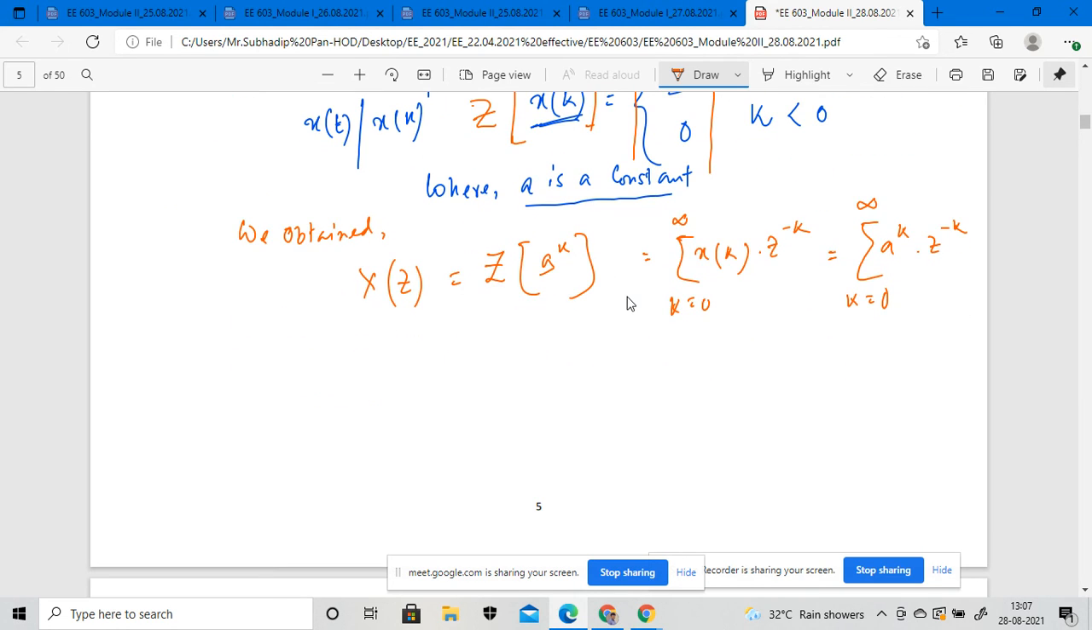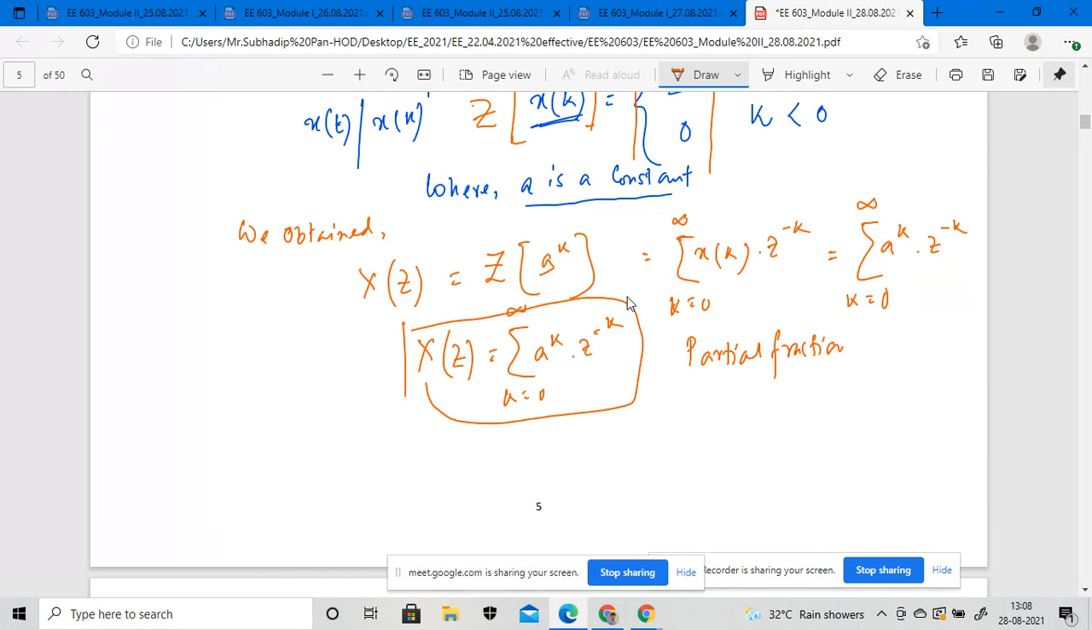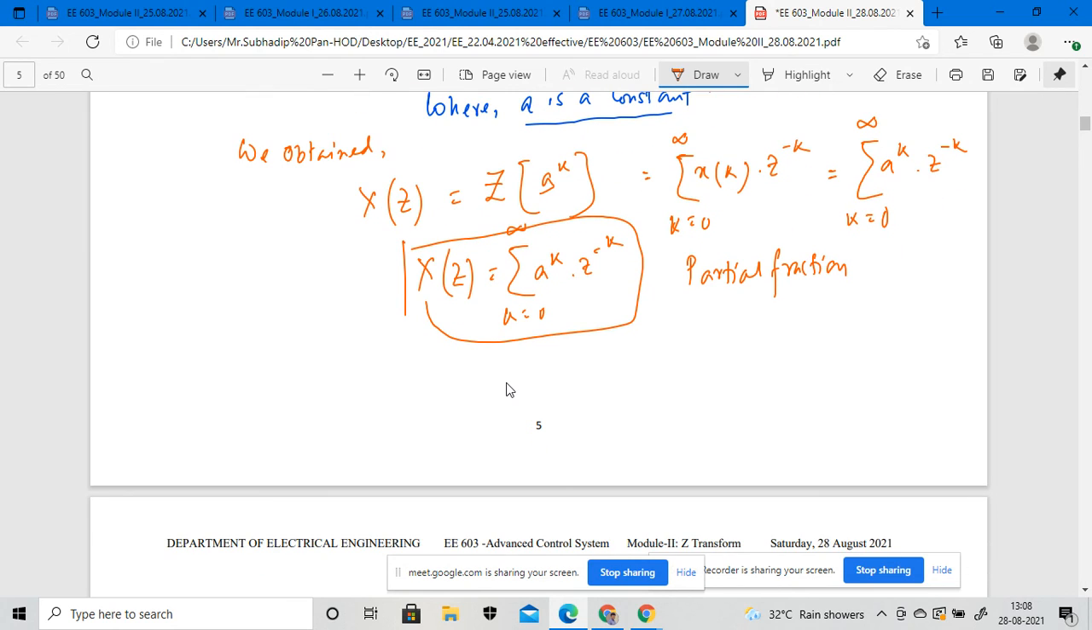Now we are expanding this equation using mathematical functions. If I expand the sum for k equal to 0 to infinity of a of k z to the power minus k, using the partial fraction method, it will come like this: x of z equals a of k into z to the base minus k. If I expand this in mathematical form, it will come